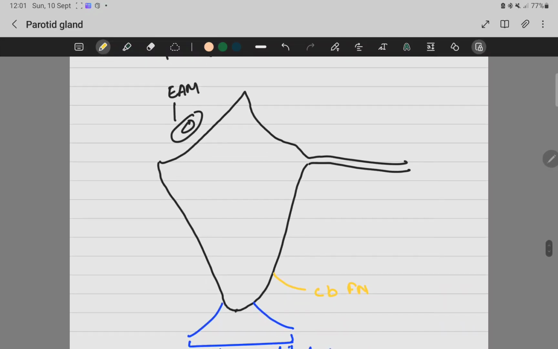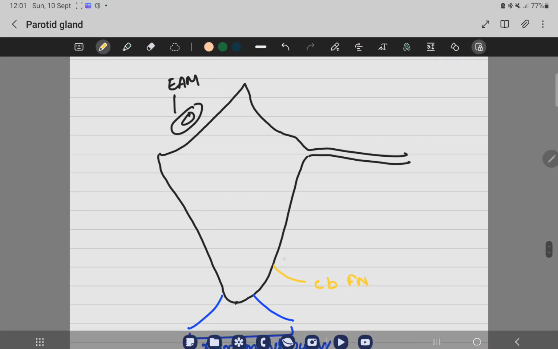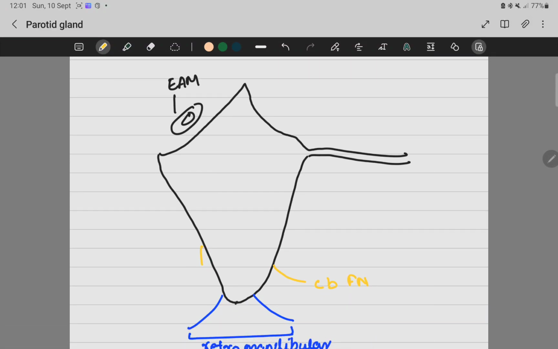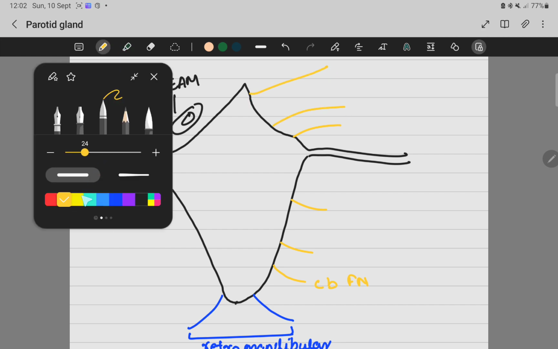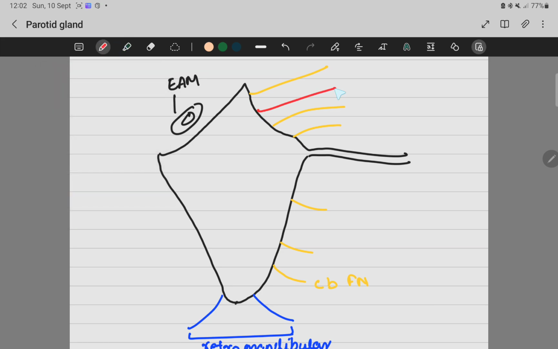Anterior border. This is the anterior border, right? This was the apex, and now this is the anterior border. So we have the marginal mandibular branch of facial nerve, the lower buccal branch of facial nerve. This was the parotid gland. Then we have the upper buccal branch of facial nerve, and the zygomatic branch of facial nerve, and the temporal branch of facial nerve. In between them, we'll have the transverse facial artery,